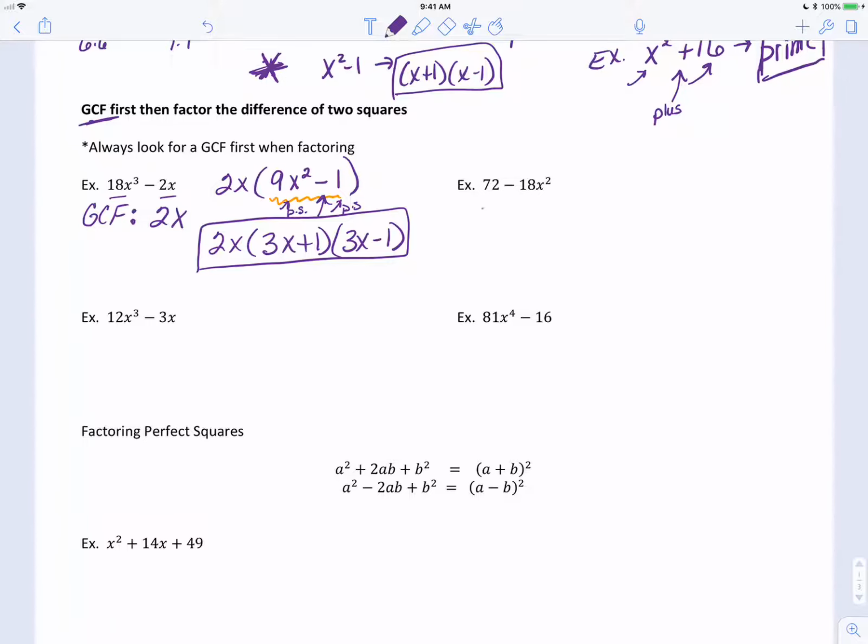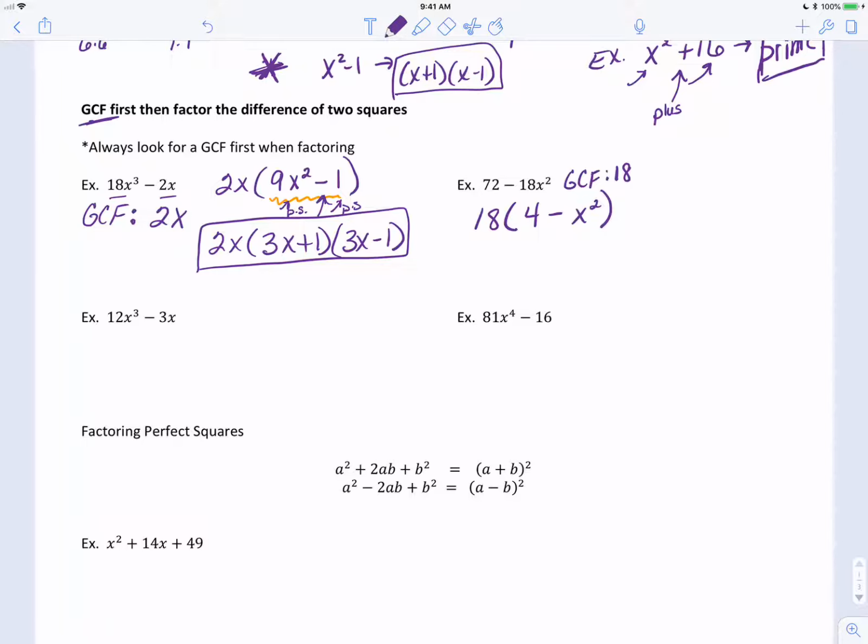Looks like 18 goes into both of those. So 72, well, let me see, here's the GCF, it is 18. So 72 divided by 18 is 4 minus x squared. Now you may have a tendency to just go ahead and turn that around and say x squared minus 4,